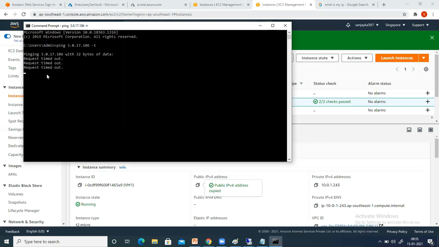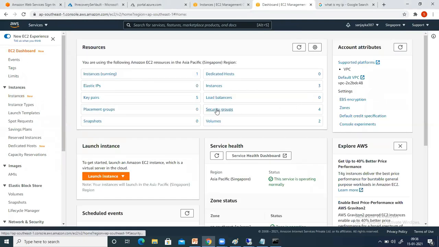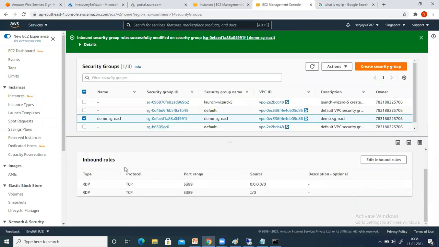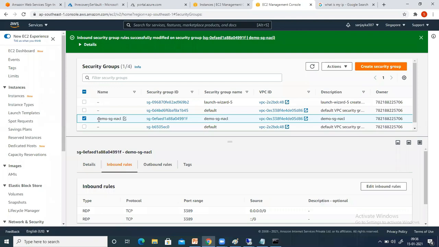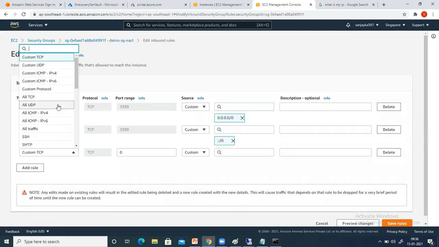So what I need to do if I want to allow this ping: on this VM1, you know that one security group is already attached, that is demo-sg-NACL. In the security group, in the inbound rule, click on edit and click on add rule. Here you will find ICMP, so this is the protocol.